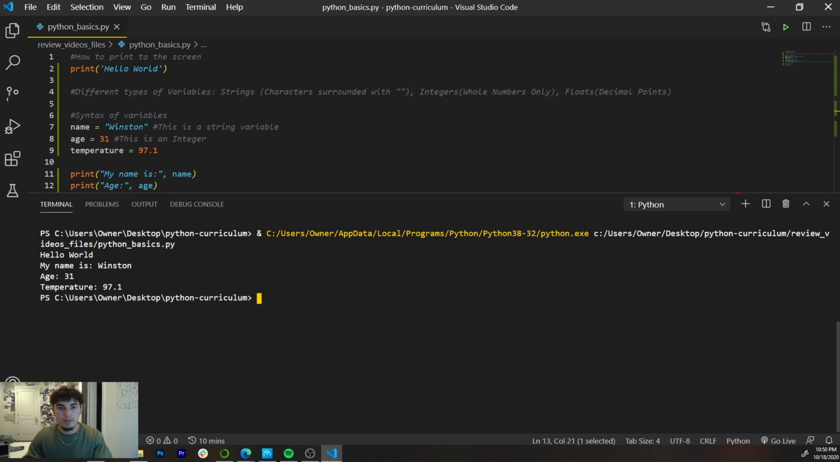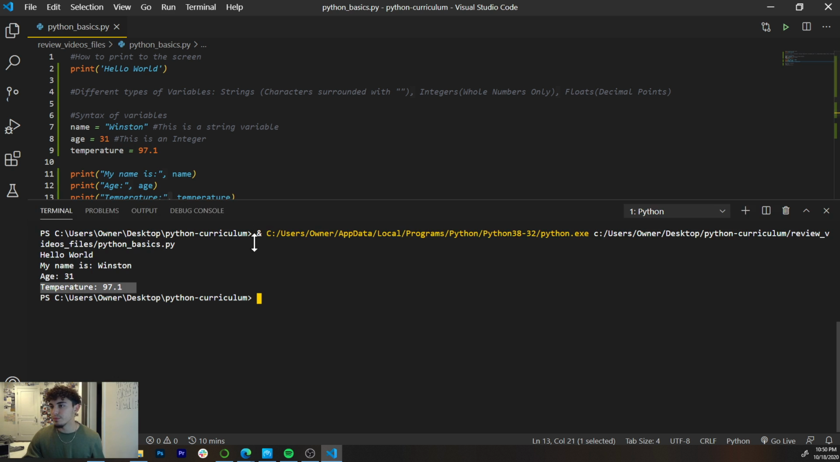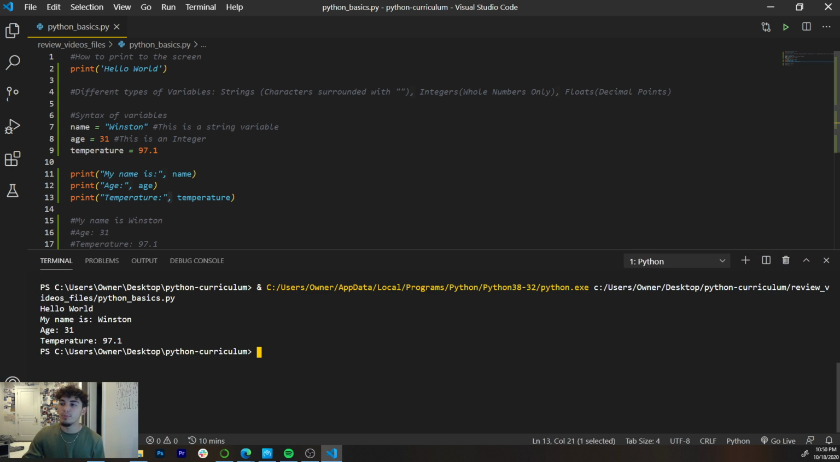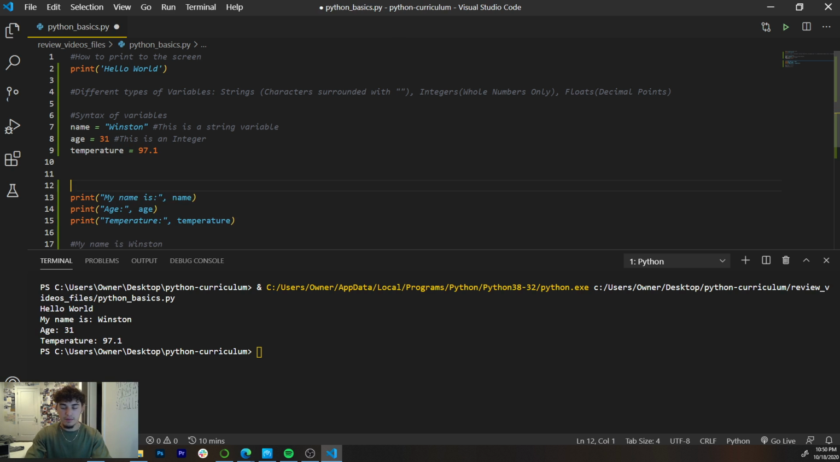Bring this down. So there we go. So we get my name is Winston, age is 31, and temperature is now 97.1. And all we have to do is just separate whatever we want to get printed with a comma and our variable. So the syntax for that is going to be what you want printed, comma,